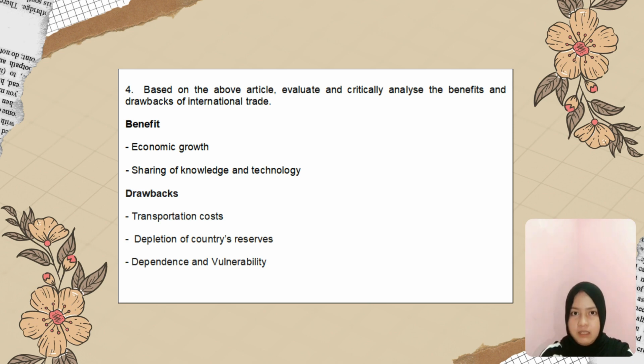Lastly, dependence and vulnerability. When a nation becomes too dependent on a specific trading partner, it exposes it to economic shock. Countries that significantly depend on export may suffer from changes in international demand, unstable political environment, or conflict over trade. An example for this can be found in the Australian situation when farmers suffered large loss due to the abrupt